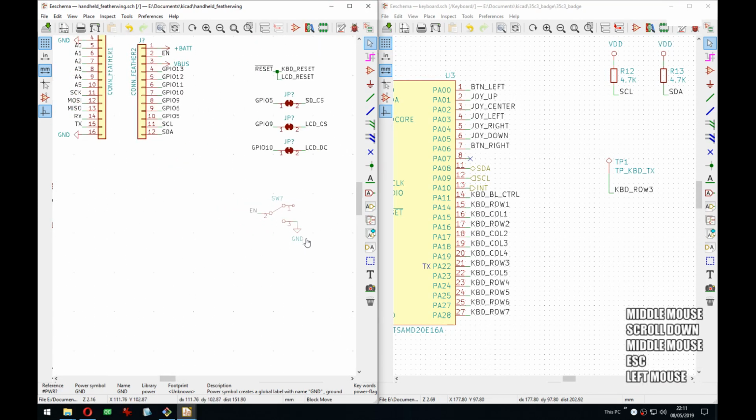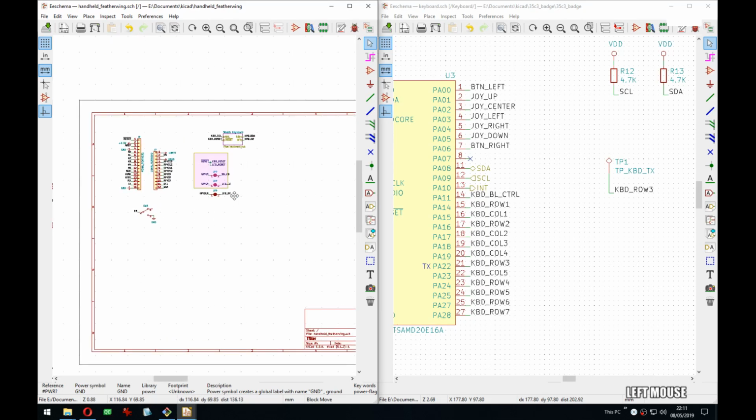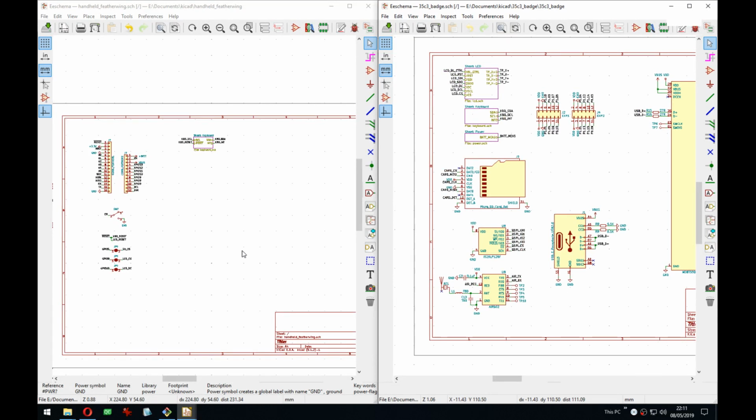Yes. So let's put it just here to the side. Let's put everything here. There's the keyboard. Can I see the keyboard here? So we could actually do...